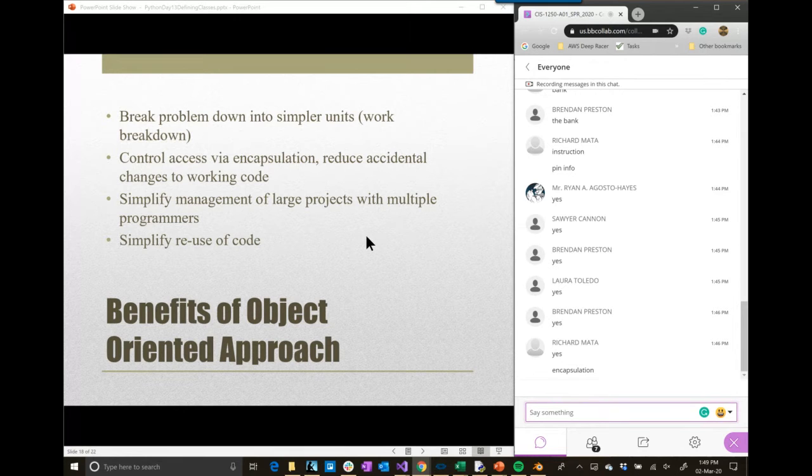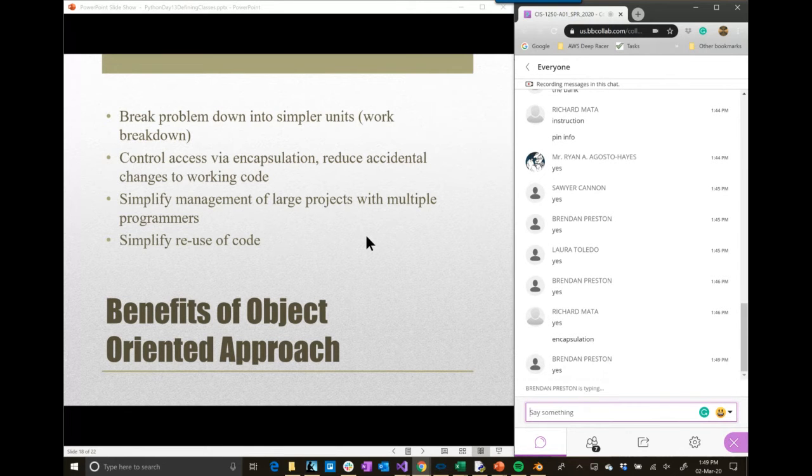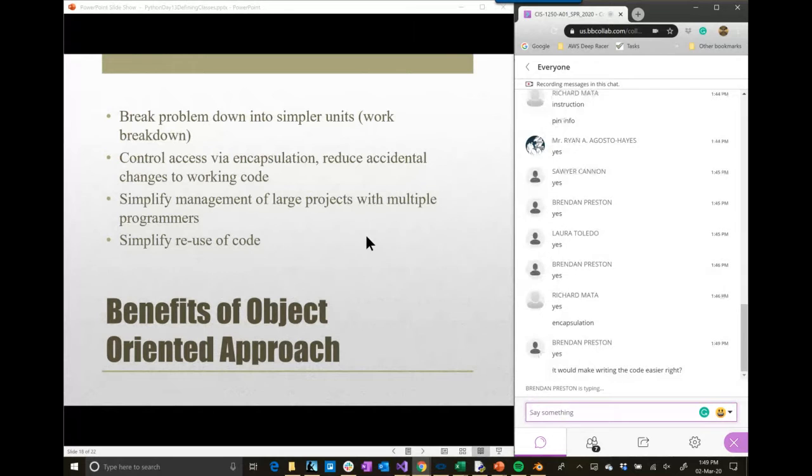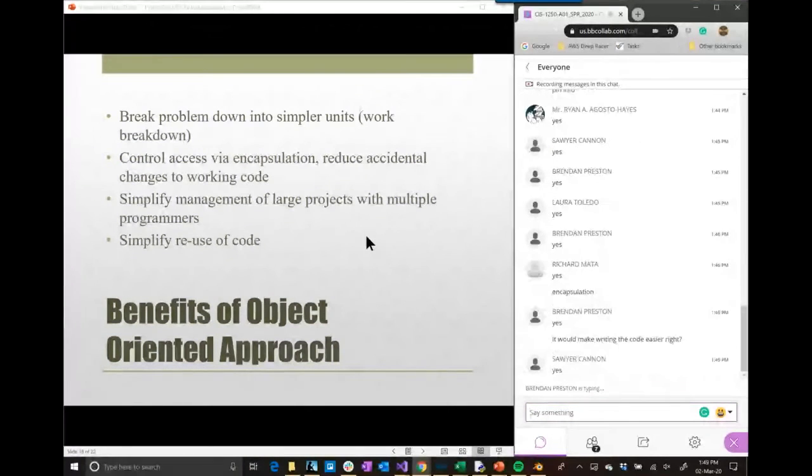So does it seem logical that if you had a really large program, you could break it down into multiple classes and then just assign the classes to individual programmers? Yes, and one of